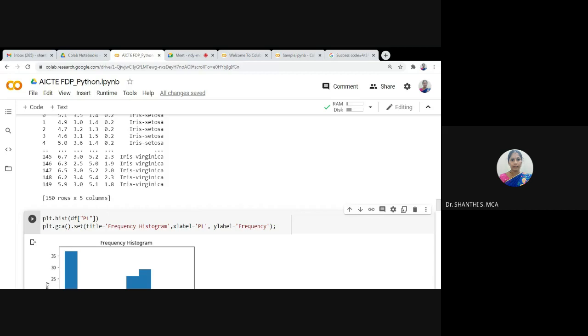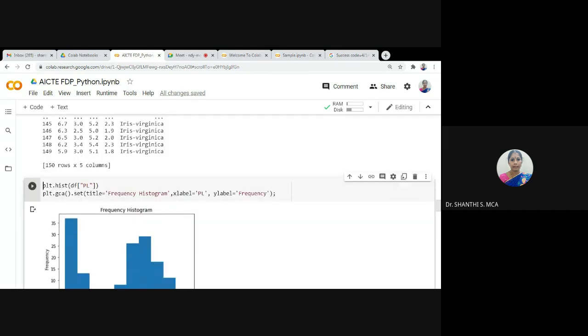If you don't know the column name, you can use iloc: df.iloc with double square brackets, and you can use the index. If the index is 0, you can use df.iloc of 0. If you know the name, you can make use of the column name.